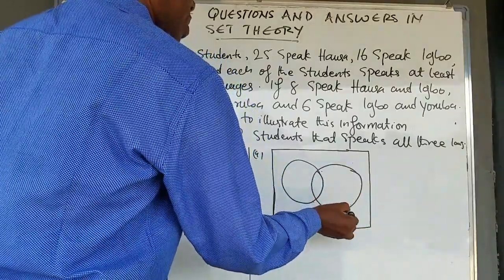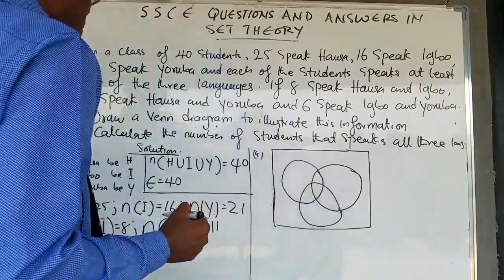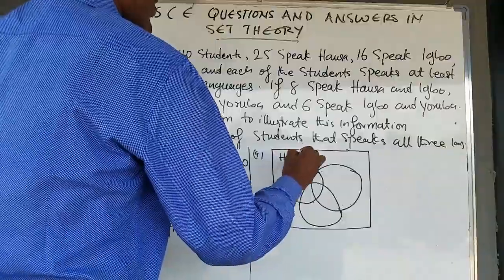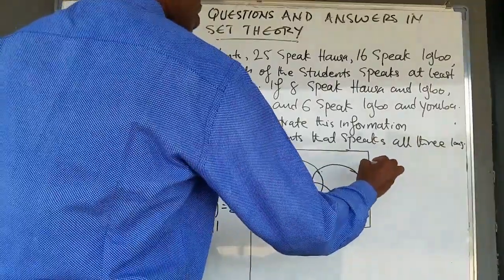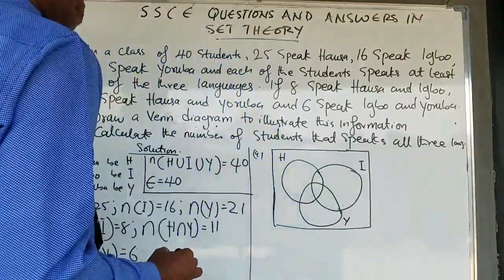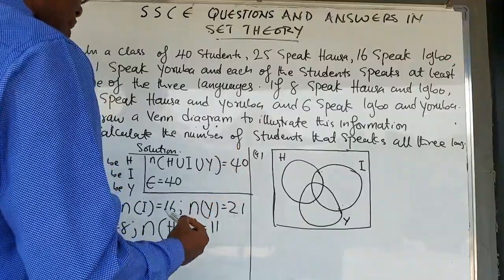Another one. So we have these 3. Let's call this place Hausa, Igbo, and Yoruba. Now, the people that speak all the languages is actually,